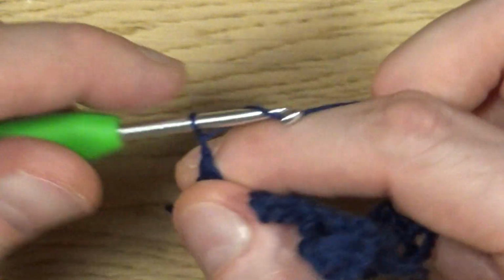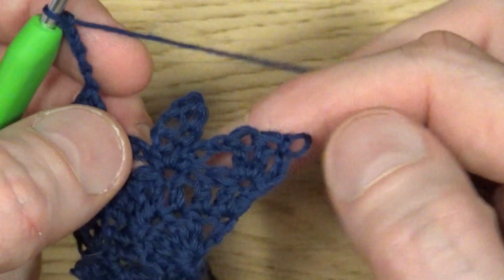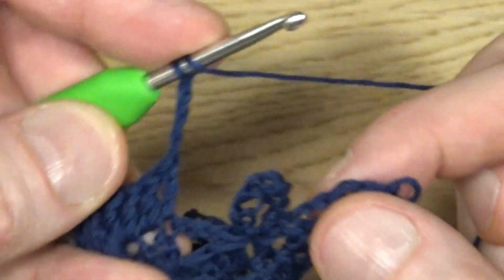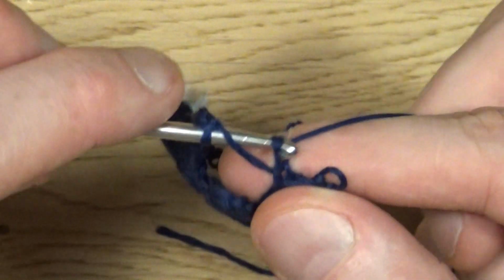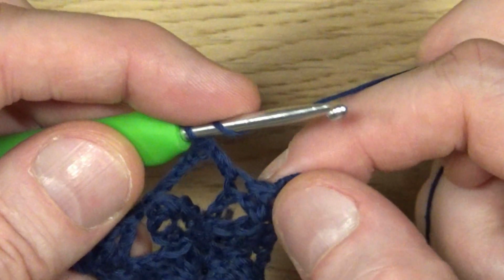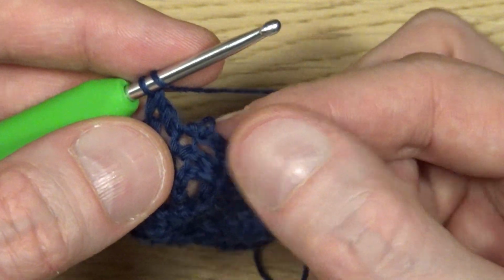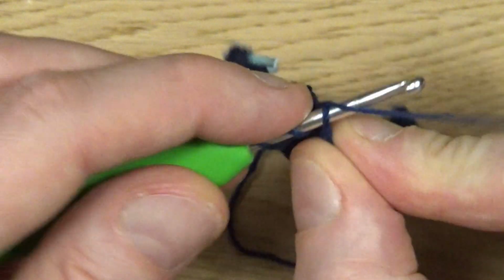Chain 5: 1, 2, 3, 4 and 5. All the chain stitches we're going to skip and go ahead to the first double crochet you see, and in that double crochet we're making a double crochet, that's the pattern. The next double is getting a double crochet, and then we're at the chain from the previous round, the chain 4, and at the top we're making 2 doubles,